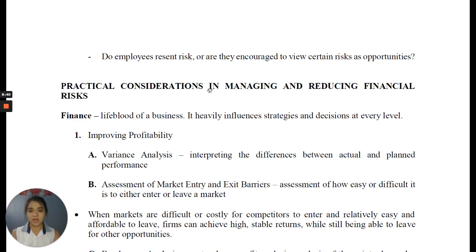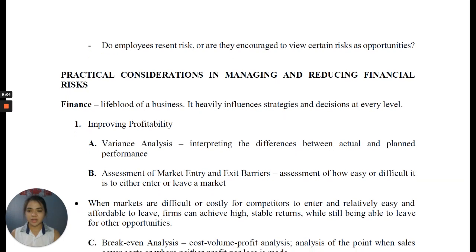Practical considerations in managing and reducing financial risk. If taxation is the lifeblood of the government, finance is the lifeblood of a business. Finance heavily influences strategies and decisions at every level. In order to manage and reduce the financial risk, organizations must learn the following. First, improving profitability. So variance analysis. In costing, this is a budgeted cost or the number of units versus the actual. In our subject, this is interpreting the differences between the actual and the planned performance